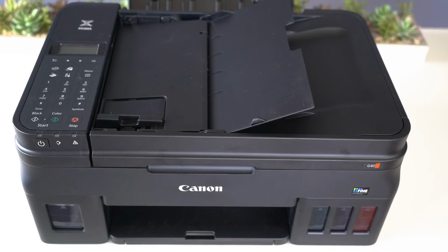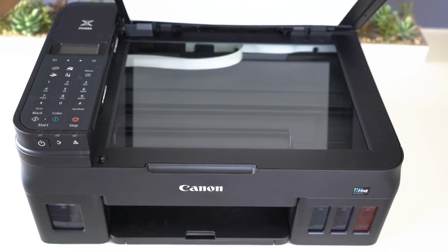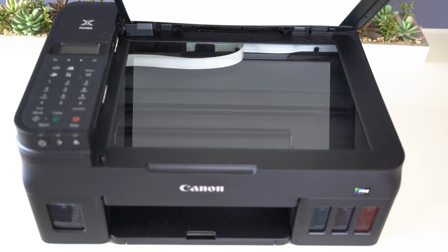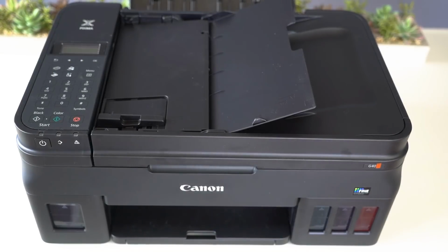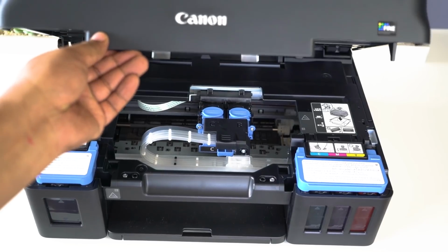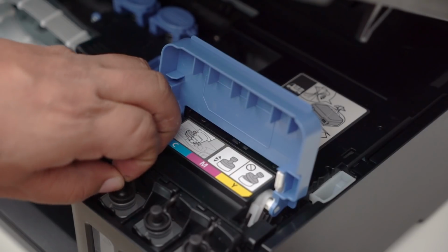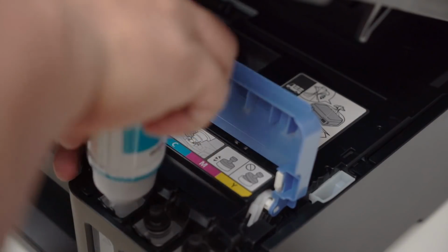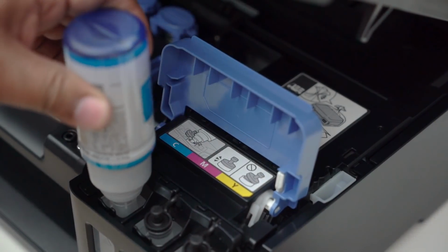The flatbed scanner can be accessed by lifting the top part of the G4000. It reads and takes in papers of up to A4 in size. To see the printing head along with its other internals, another layer is to be lifted up with an arm that locks it in place. Here you can refill the ink tanks quickly. Being a member of the G series, the ink tanks are easily in view, so you know exactly when it's